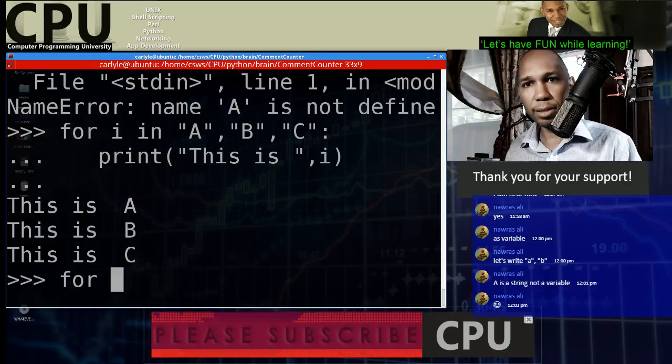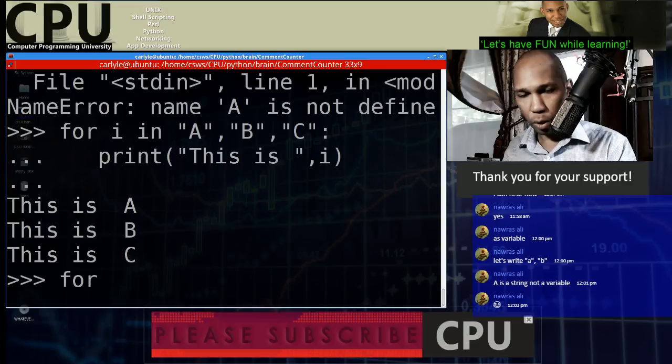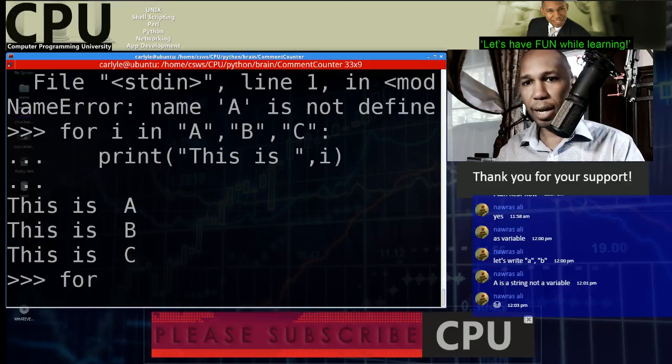It's for anything. It's like I said when I started the video: for variable in sequence colon. I didn't say for i. So don't get in your brain that i has some special meaning for loops, right? I could have said for